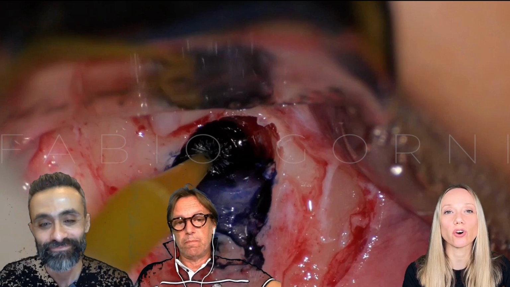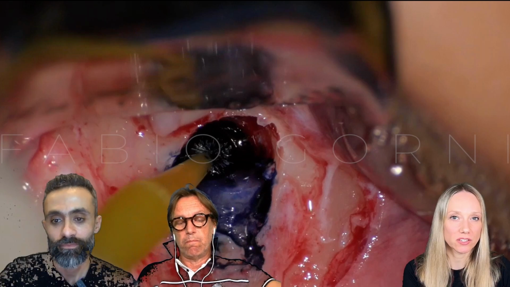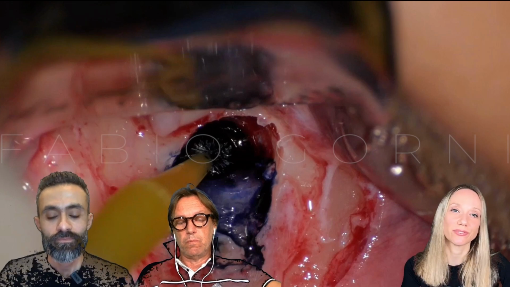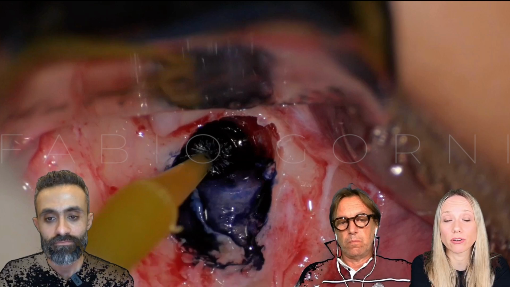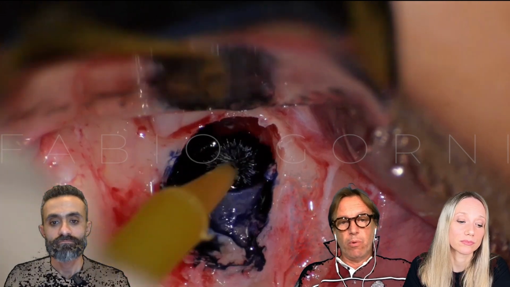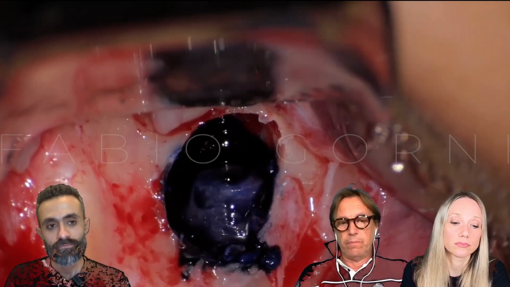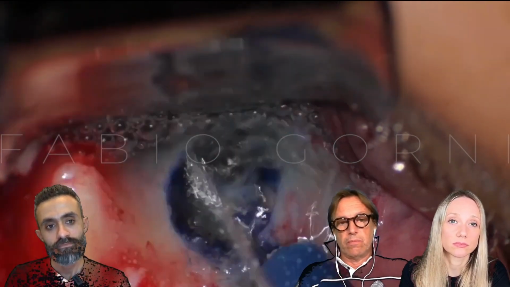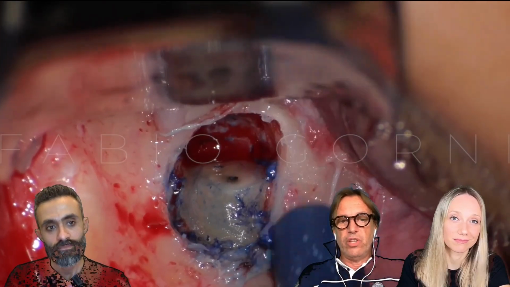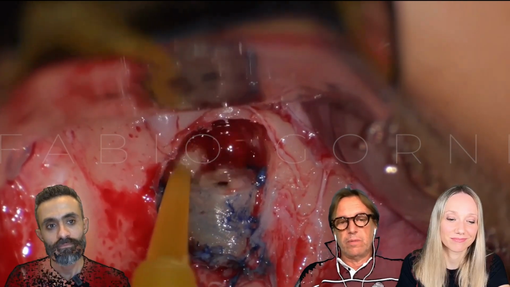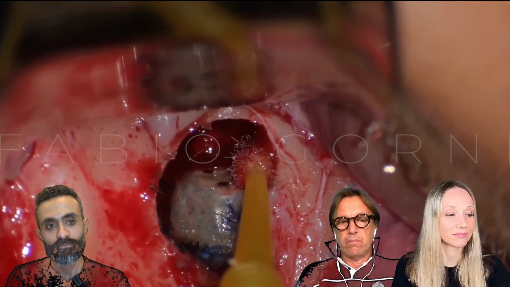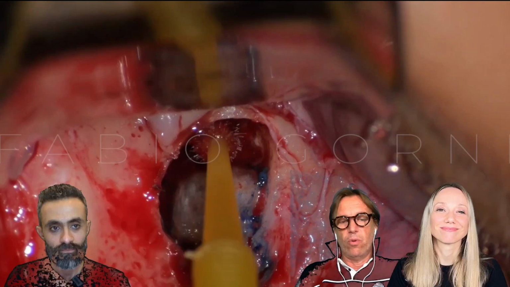And another thing, we know that most of the time lesions are there because there is some missed anatomy. So how do you identify the anatomy of the apical third of the tooth once you have resected the root? Using methylene blue, for example, can help us a lot. Then we can clean everything with some saline, and the vision has improved a lot. Now I can see two different portals of exit in the apex. It's typical in this kind of tooth.